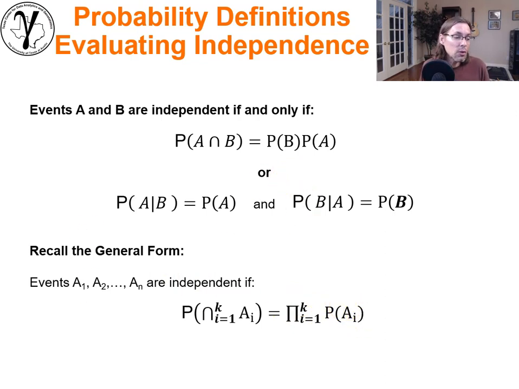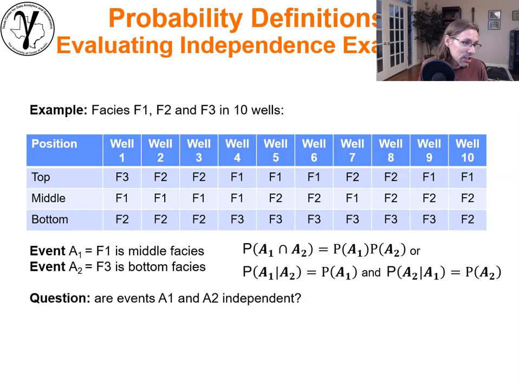Okay, so we can use this as a definition of independence, and we can use it to check for independence. Now, I would not say we're proving independence. I would say that we can show that there is not likely independence if we violate that relation, but I would not suggest that we're completely proving independence. Okay, so let's just put it that way. It's a little bit of a soft check.